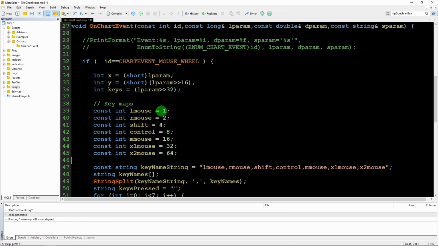The left mouse will be a value of 1, and these will be in the keys. The right mouse will be a value of 2, and if you happen to have both the left and the right mouse button pressed, you'll have a value of 3. So it's a bit mapping. Shift is 4, Control key is 8, middle mouse button is 16, and then not everyone has these, but my